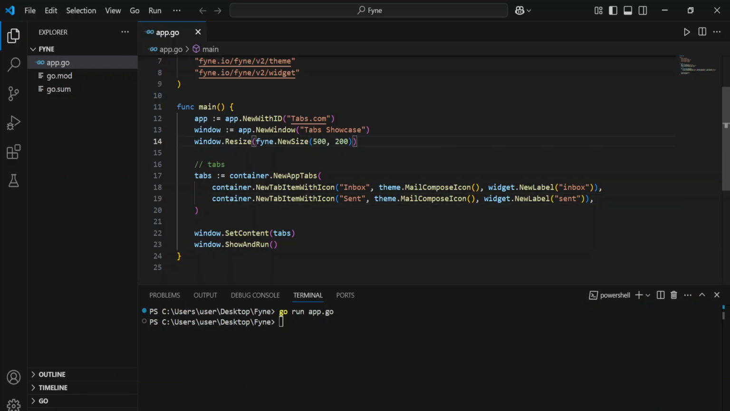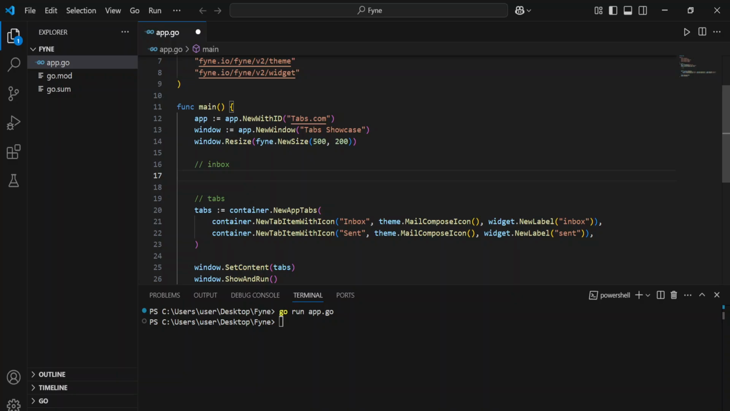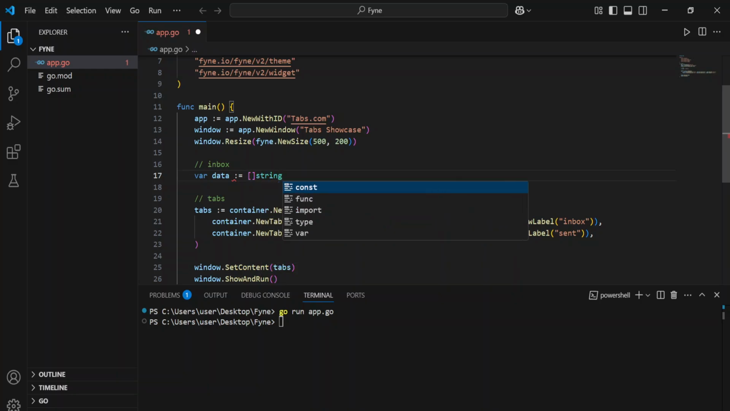So let us start adding our inbox, the layout of our inbox. Say inbox, and then we can call it a list. You can just display a list of emails. So first we're going to define our data. So I'm just going to say var data is going to be given by an array of strings, and then I can say maybe